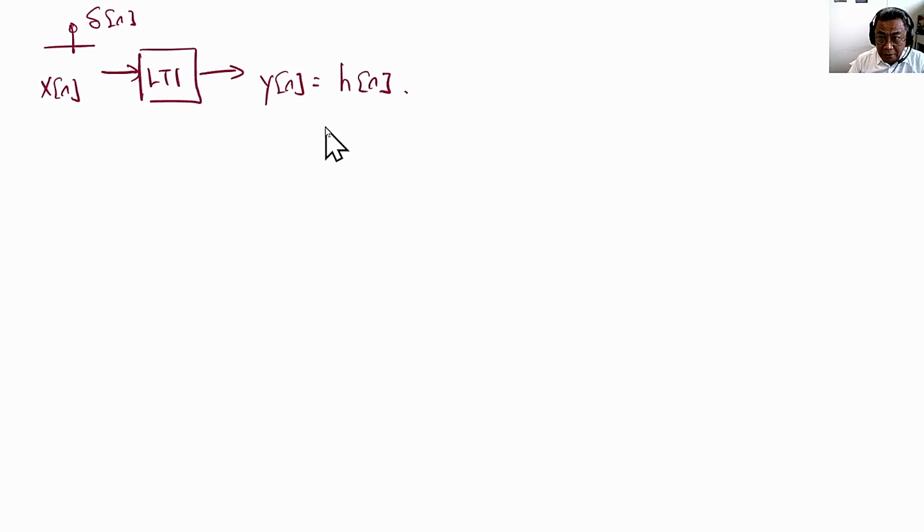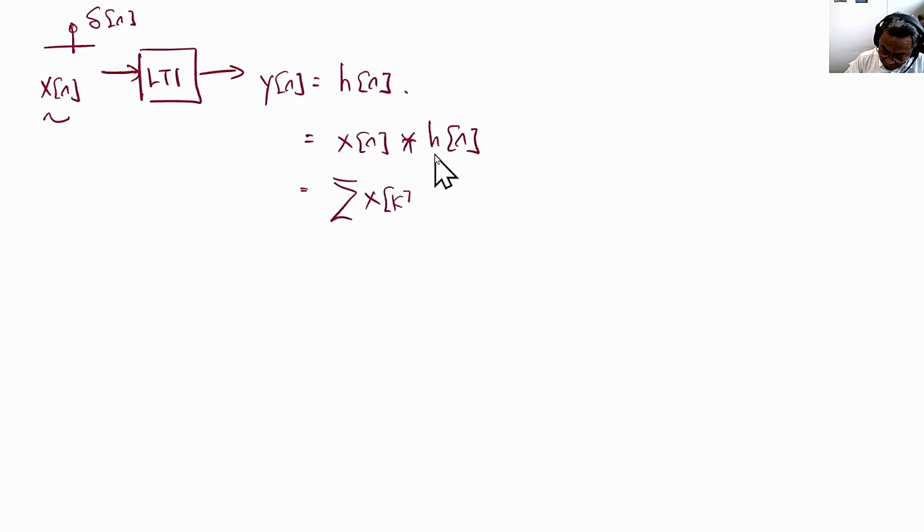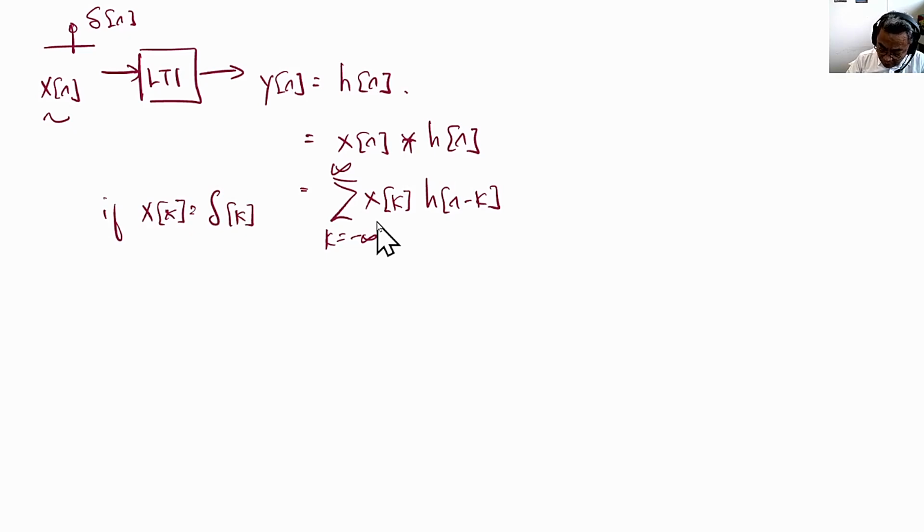So let's start from the beginning. If x[n] is any input, then y[n] is actually x[n] convolved with h[n], the impulse response. That is the equation, and of course we can write it in more detail. So this is the equation representing this convolution in detail. Now, if x[k]